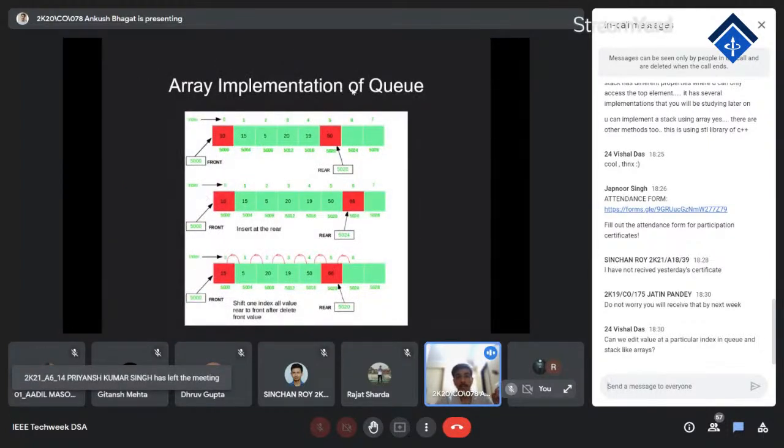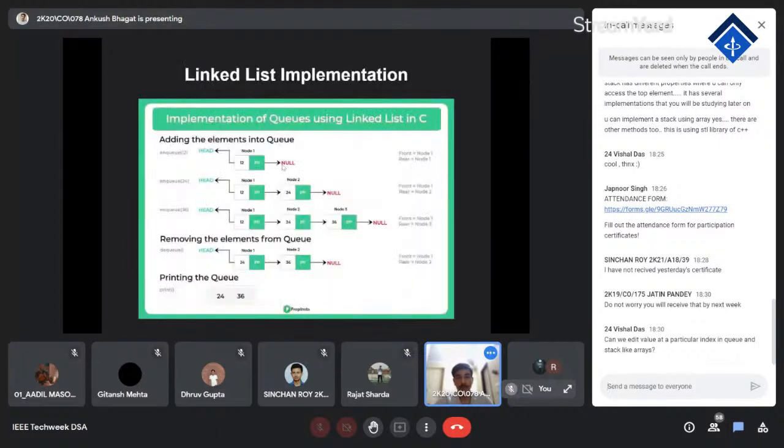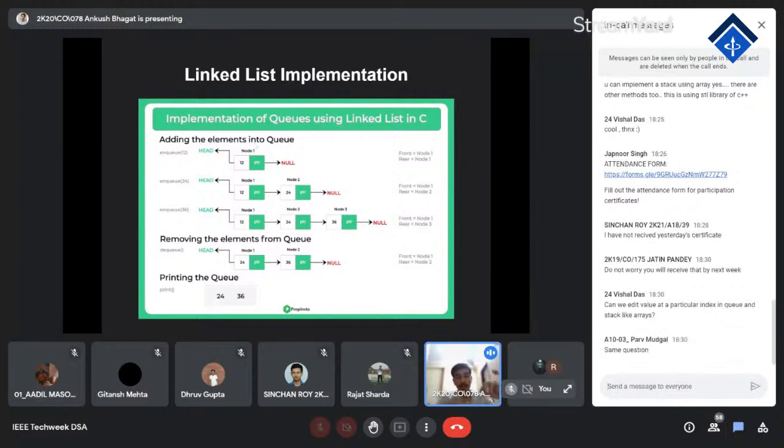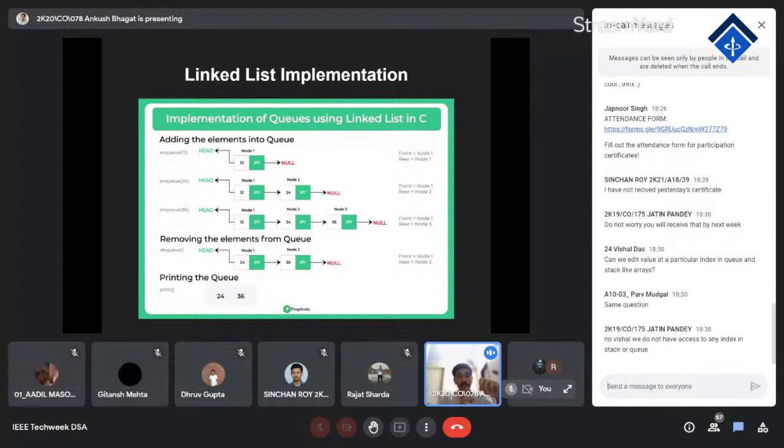So ये array implementation of queue जैसे stack में होता था वैसे we here traverse the array, and as soon as we get an element we push it into the queue. So same चीज यहाँ पे भी हो रही है, and वही same चीज linked list में head node होता था जो start of the linked list point करता था, जैसे जैसे linked list traverse होती है हम queue में push करते रहते हैं, but since जैसा मैंने कहा recursion होता है linked list में, जो last element होगा वो सबसे पहले push होगा queue में, तो वो front most element होगा queue का।